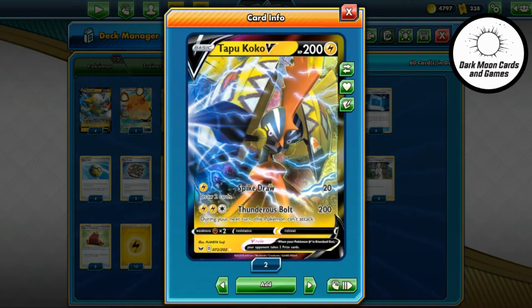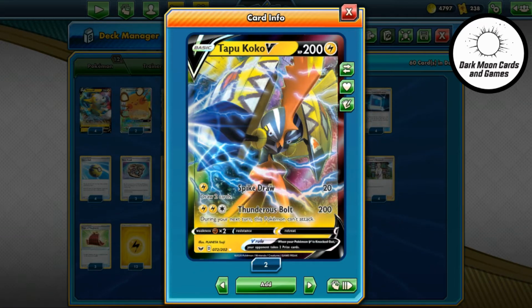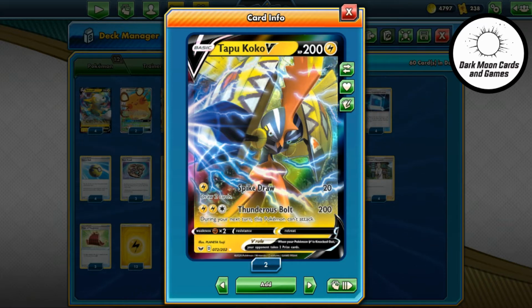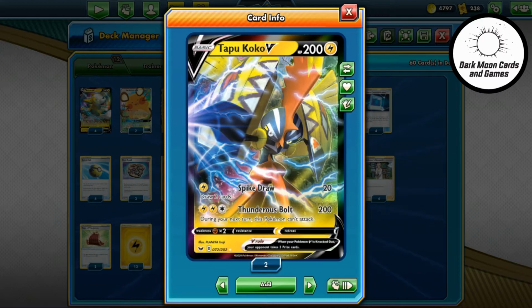So the other alternate attacker here is Tapu Koko V. Spike Draw, maybe not bad to finish something off you almost knocked out, get a couple cards in your hand in the process. But really there for Thunderous Bolt, 200 damage. And unfortunately, on your next turn, this Pokemon can't attack, but that doesn't hurt you too bad because he has free retreat, so you can just back him back to the bench and attack with a Boltund or another Tapu